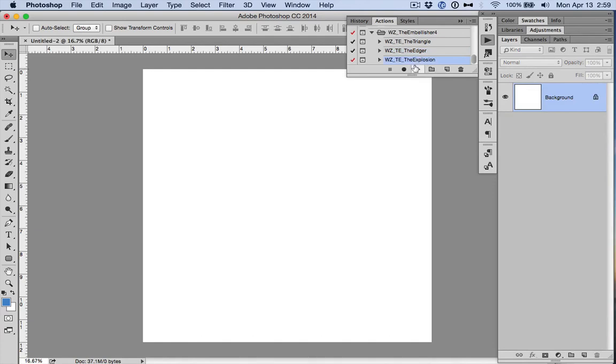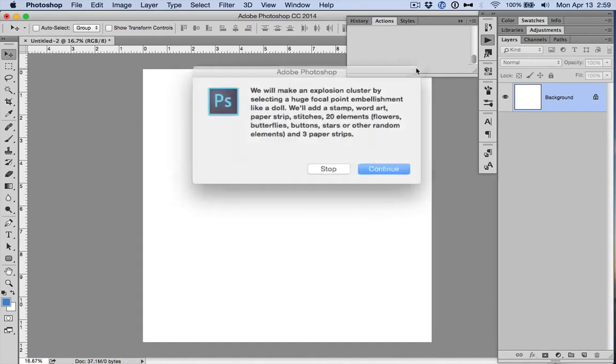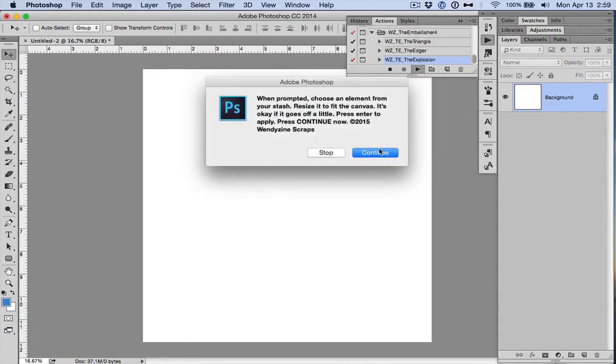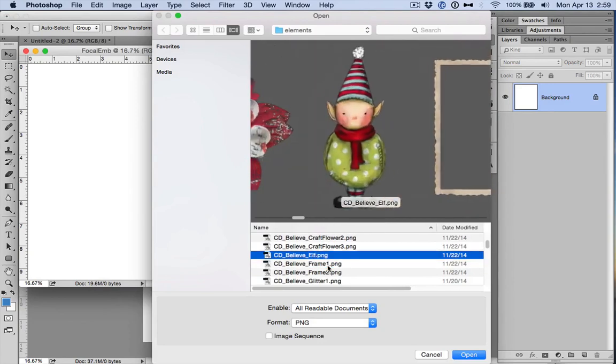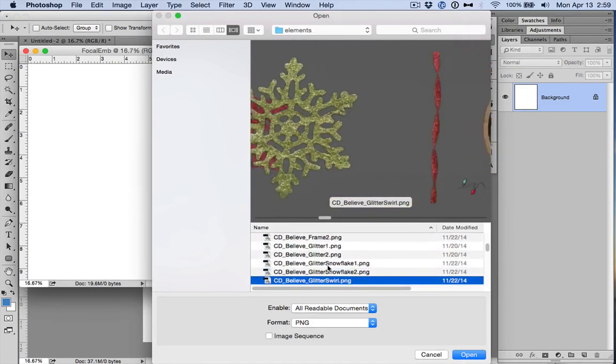And let's go ahead and delete all of those and run the explosion. The explosion is a massive action that uses a ton of elements. And some will work better than others, but the great thing is you can just play around with it. So we're going to be